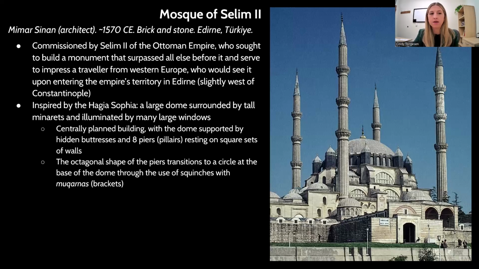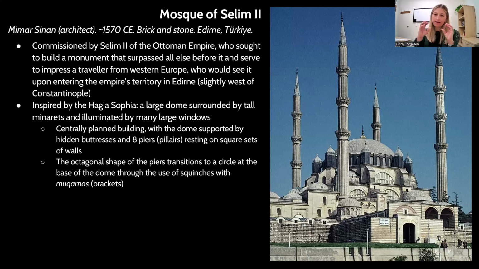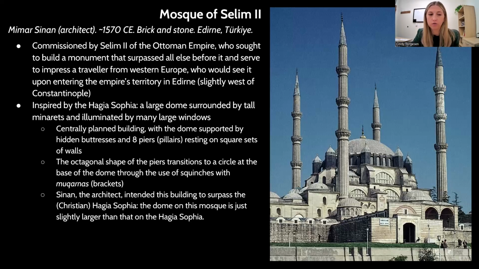It's meant to be constructed similar to the Hagia Sophia as being a centrally planned building, but in an octagon shape. And then the squinches, which are these connecting areas between the square sets of walls that are holding up the dome, are themselves filled with muqarnas, and we're going to look at really cool examples or details of that. Sinan, who is the architect of this space,